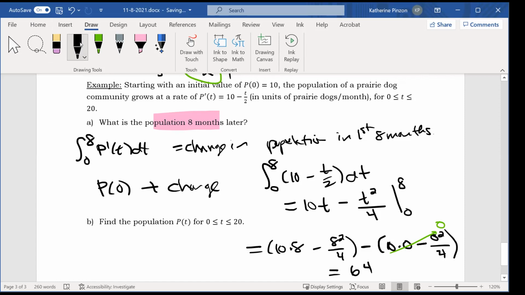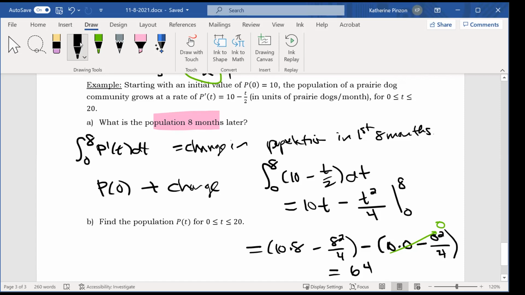The change in prairie dogs in the first 8 months, right? So the population added 64 prairie dogs in the first 8 months. Yeah, it could mean that they had 70 births and 6 deaths. We don't care. All we know is that in total, the population went up by 64 prairie dogs in the